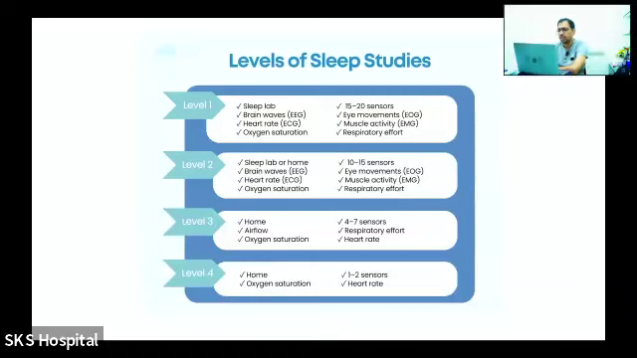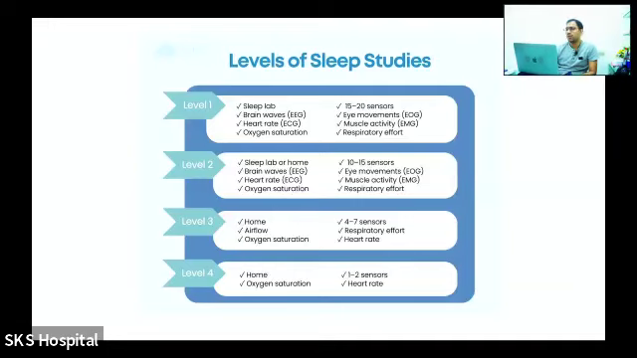Whereas level 1, as you can see, is usually done as an in-lab study. The sensors which are used to monitor sleep are EEG, ECG, EMG, and EOG. EOG is for electrooculogram, eye movements. EMG is for electromyogram, for muscle activity. Oxygen saturation, respiratory effort, ECG also is most important, and the other position sensors and snore sensors are also added as in level 1. So level 2, the only difference between level 1 and level 2 is there is no person